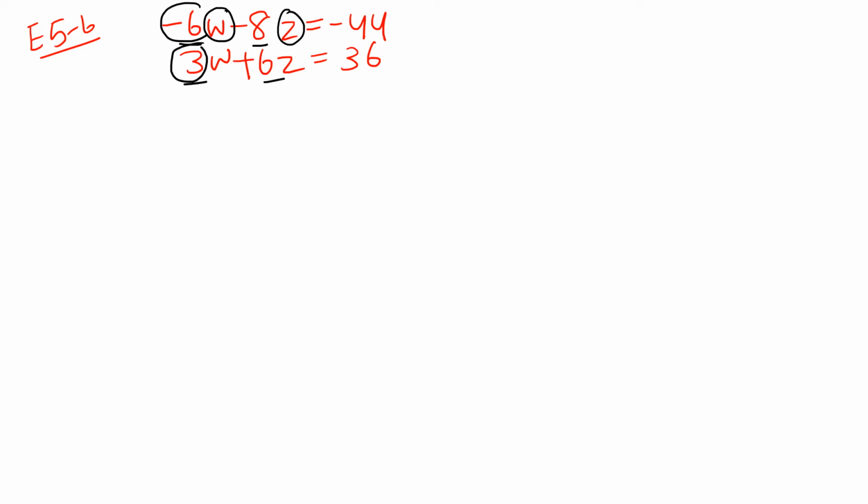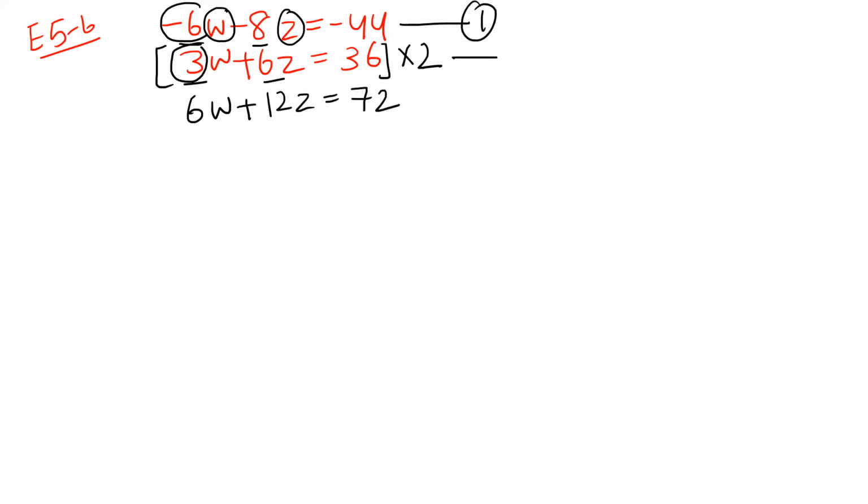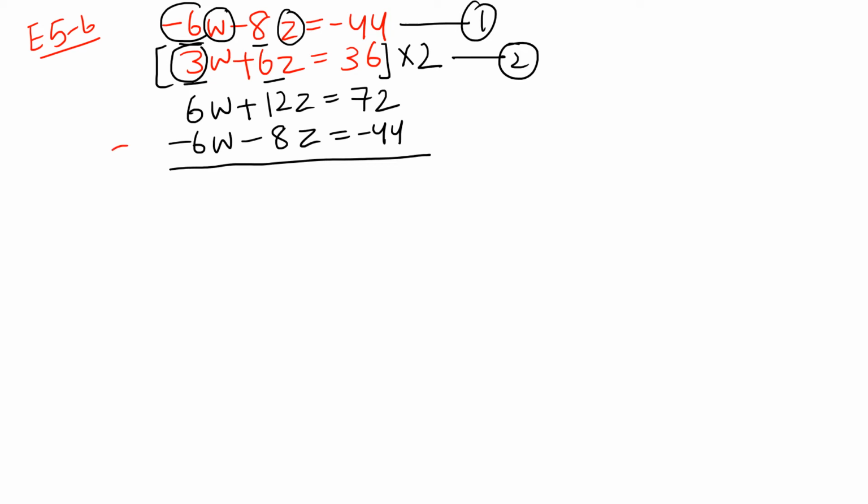So how do I convert 3 to 6? I do that by multiplying this whole equation with 2. So when I do that, this equation gives me 6w plus 12z is equal to 72. And now I copy the first equation. So first and second, these were the two equations. So the first equation I'm copying below it. And now what is very obvious here? The obvious thing is that we add these two